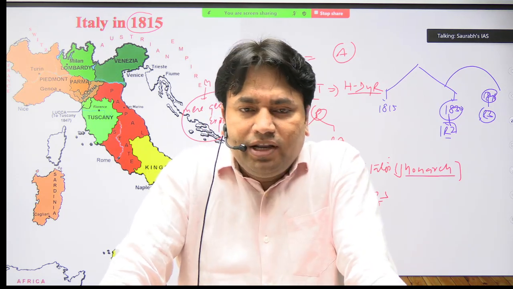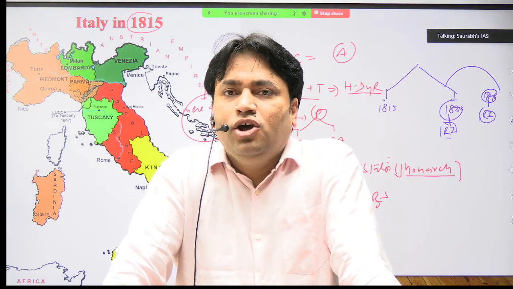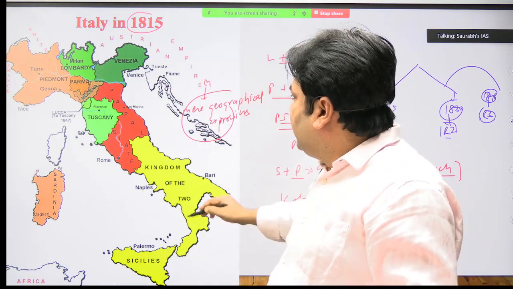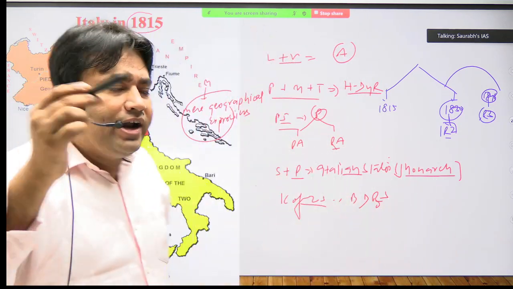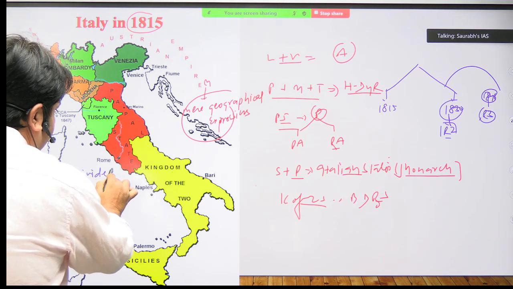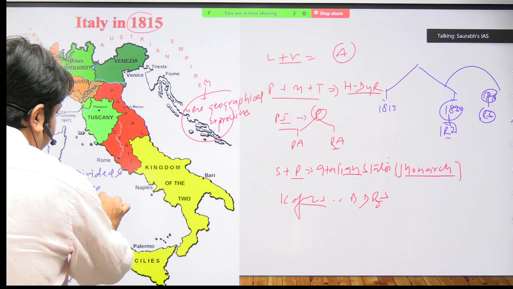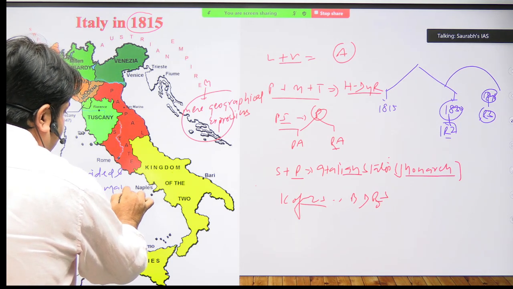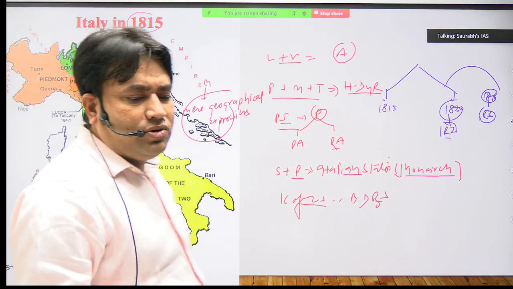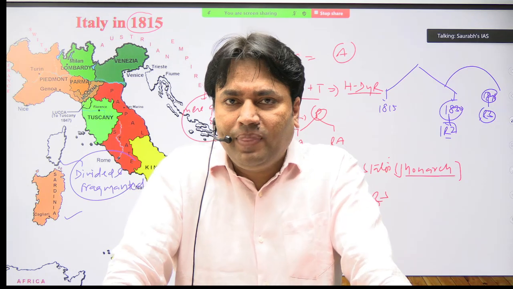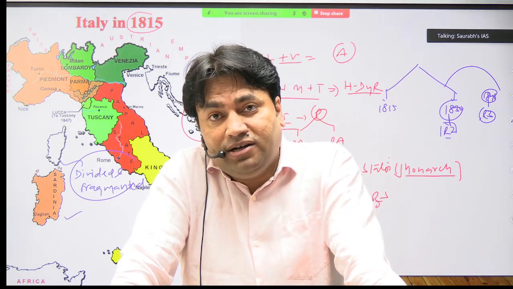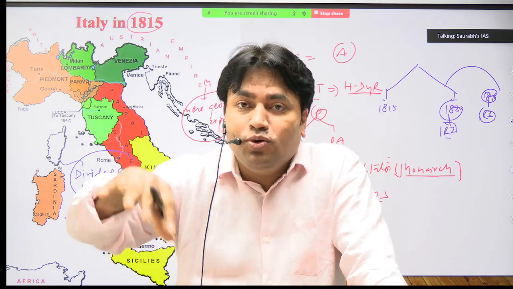They are already familiar with the progressive ideas of the Age of Enlightenment. Now, this Italian peninsula is divided, it is fragmented. This is the challenge, the problem. People are understanding that the Italian peninsula is divided and fragmented into many states, and it is not only divided and fragmented, it is also in the control of foreign powers.